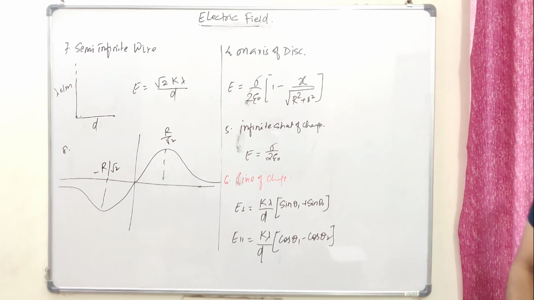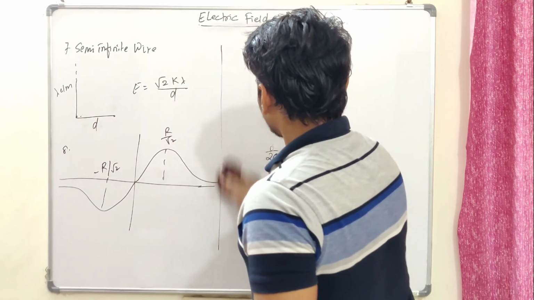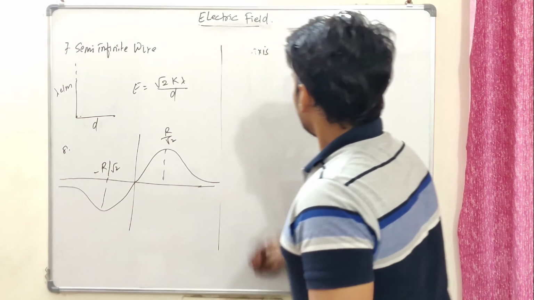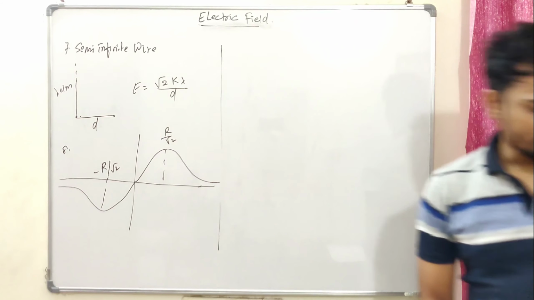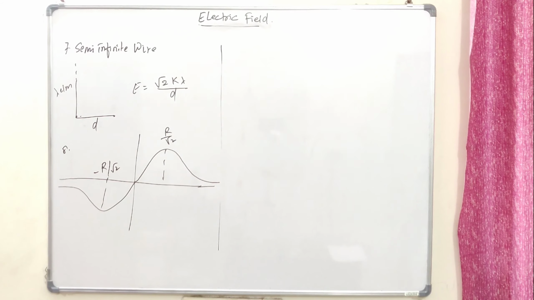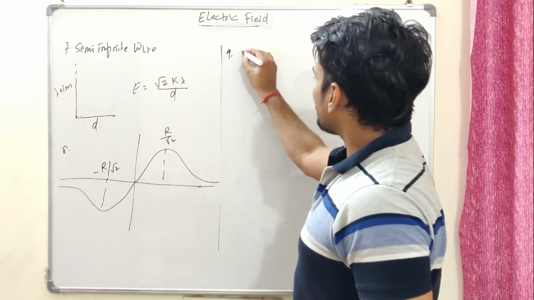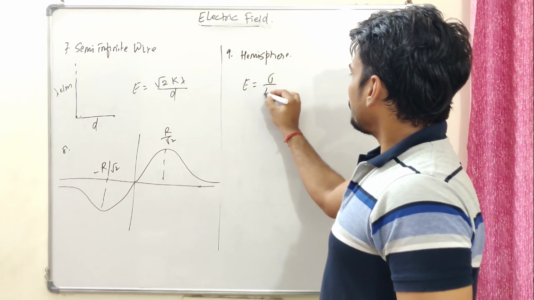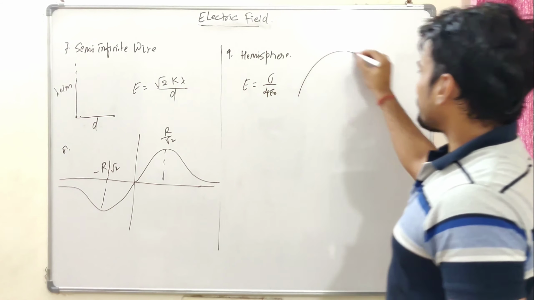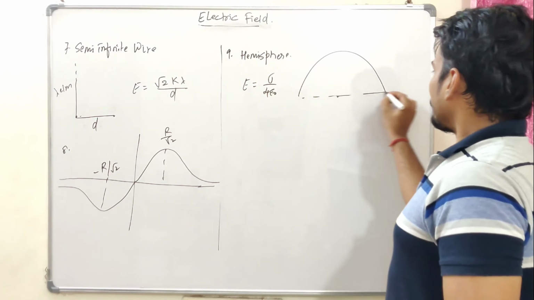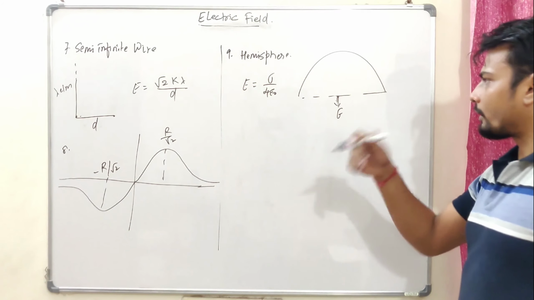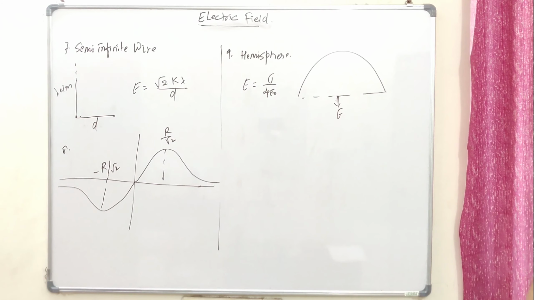Now after that we've studied the hemisphere. You guys can note it down on one page. That's going to be helpful for all of you. Actually, I wanted to put everything on the same board, but due to the board size I could not do that. Now let's say number 9, due to a hemisphere at the center. If you remember, I have actually done the derivation of this. In that case E was sigma by 4 epsilon naught. That is, we had the hemisphere, there was a center, and at the center we had to find the electric field. At this particular point it was sigma by 4 epsilon naught.